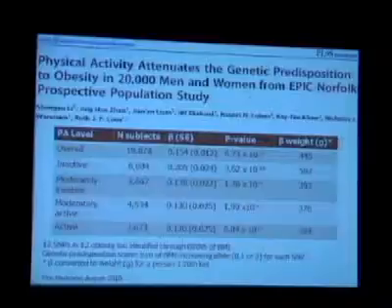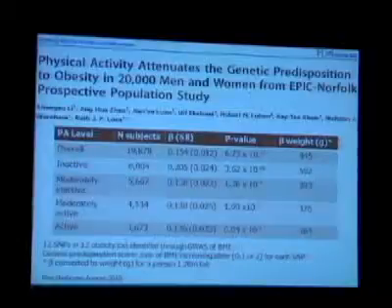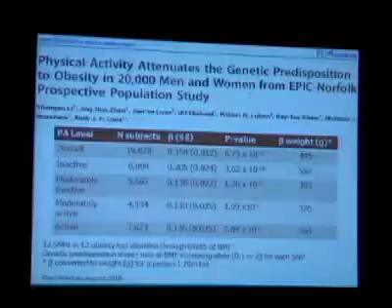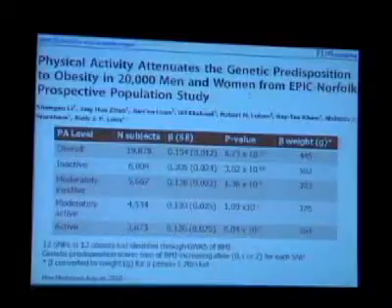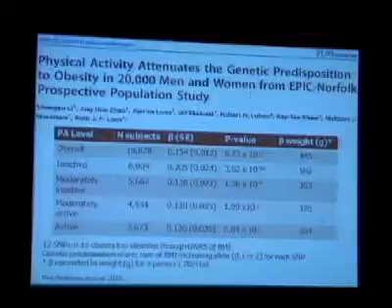And they regressed that genetic predisposition score on BMI. And as you can see here, on the overall group, there was a significant association, and the beta regression coefficient was 0.15. But as you can see, the effect of the genetic predisposition score was much more important in the inactive group,